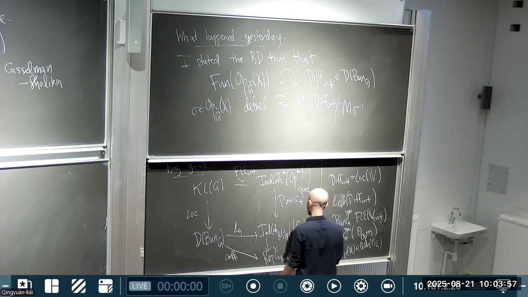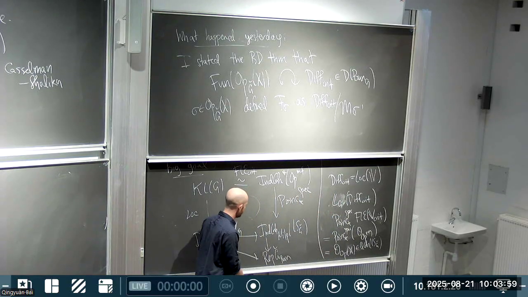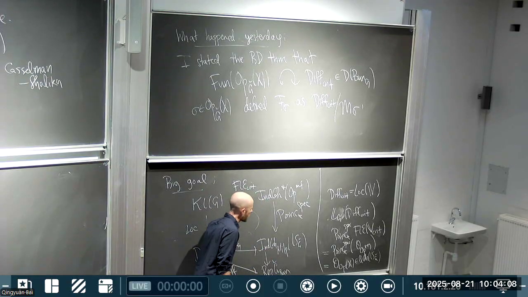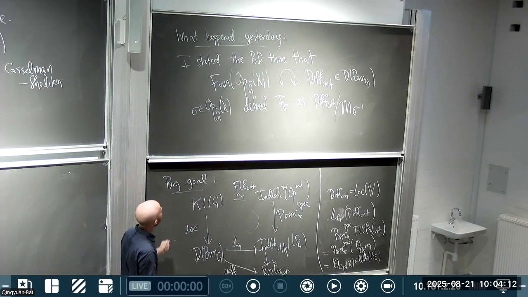They're all irreducible local systems, so this IndCoh versus QCoh distinction doesn't enter there. But this functor factors through this. So that's telling you kind of the